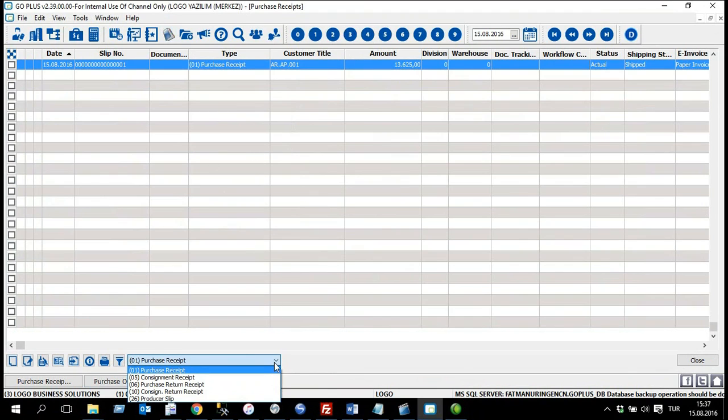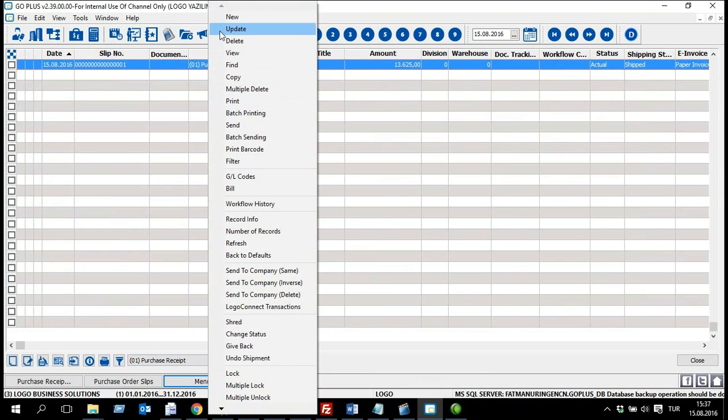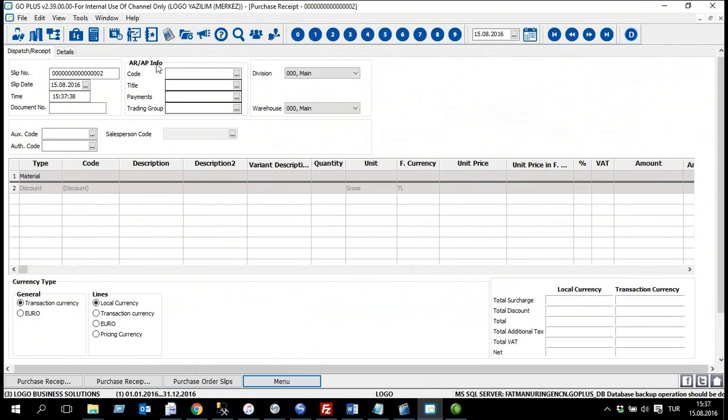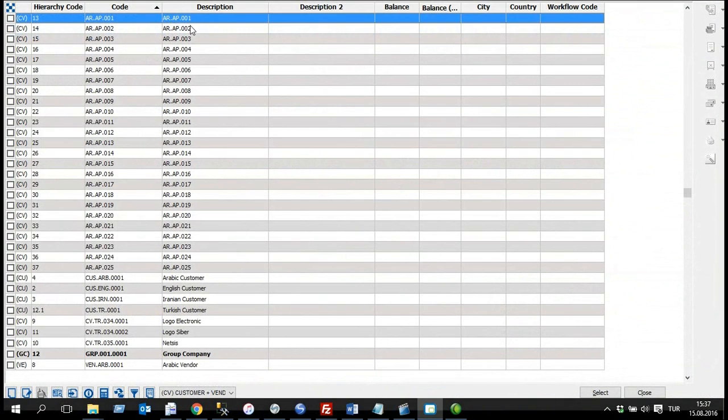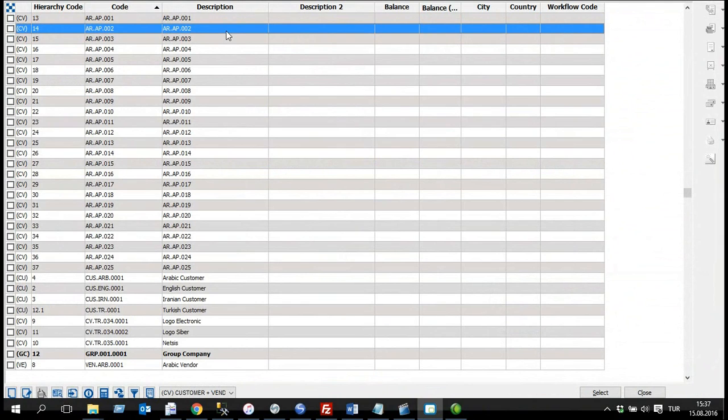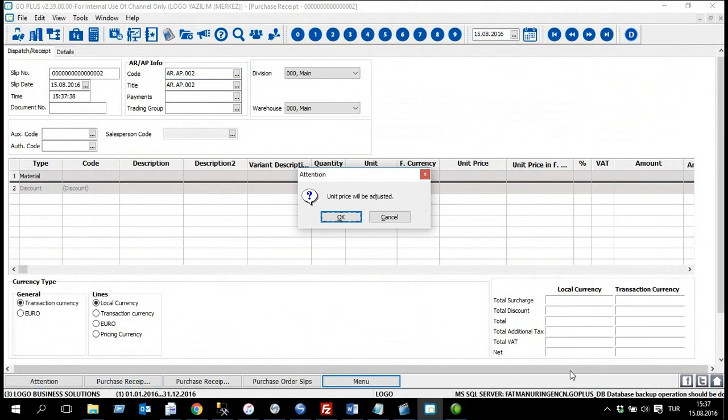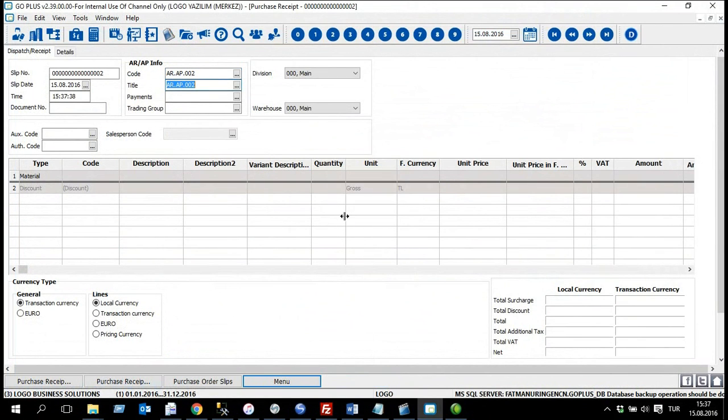From combo box, choose purchase receipt, add new one, and from accounts receivable and payable section, choose the same accounts receivable and payables code which was used in the purchase order slip,